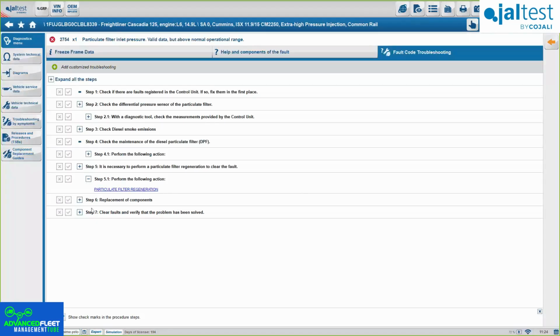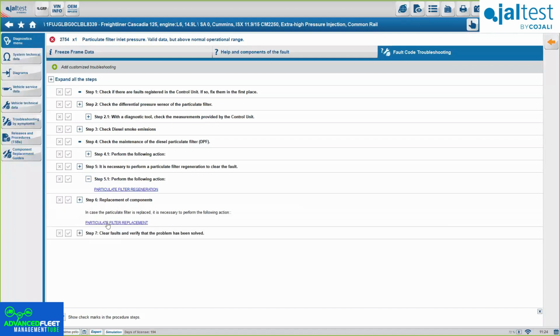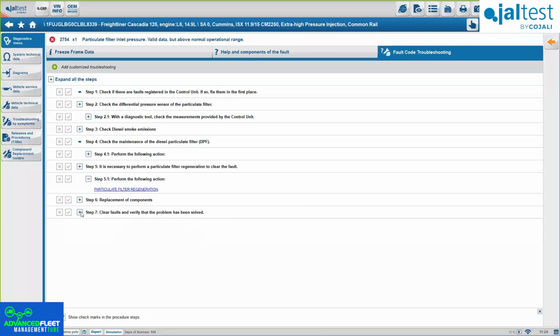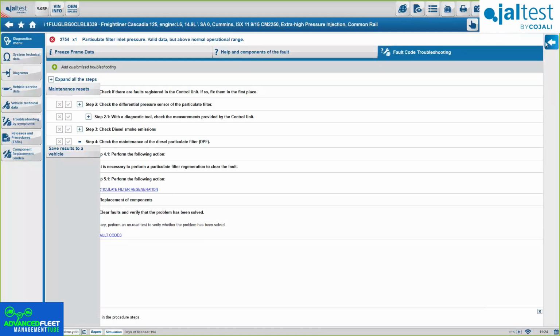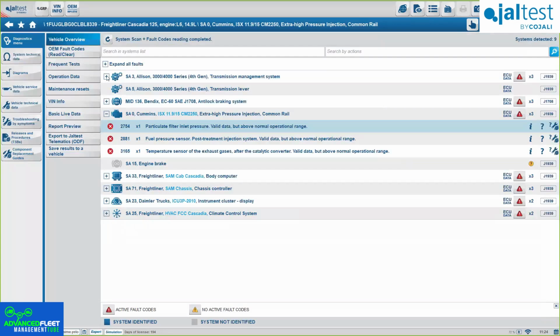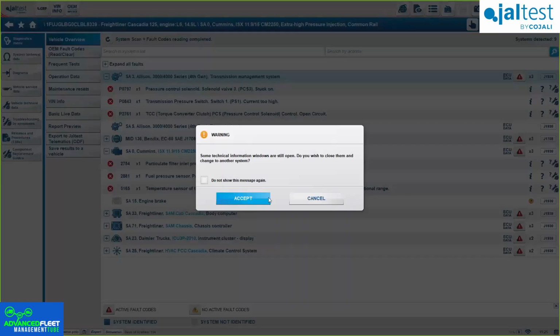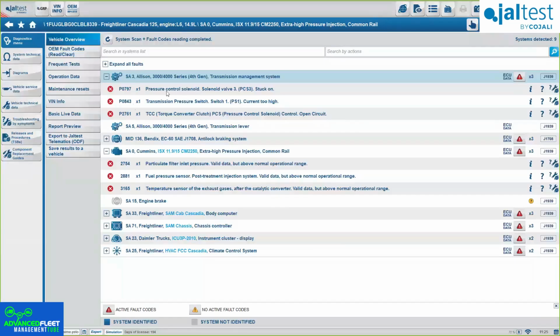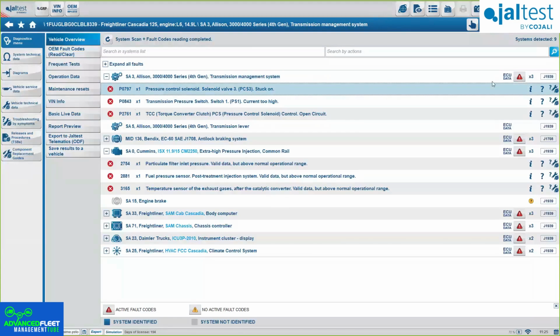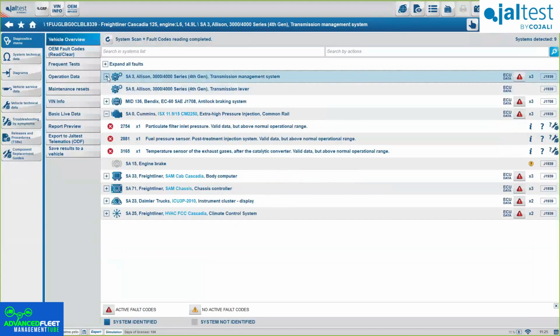Okay, and finally, always, if we have to replace a component, you can. I'll show you now the replacement component guide. But our last step is always going to be clear fault codes. Okay, so if we follow all these steps and everything is working correctly, you should be able to clear all fault codes without a problem. Okay, this is basically what you get on the diagnosis. You will see that the exact same thing repeats on every system. So if you want to check any other fault code, you will see the exact same thing, pretty consistent.